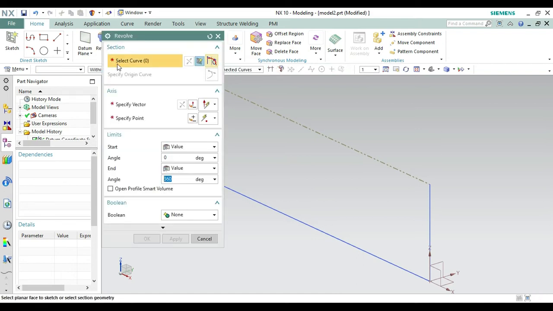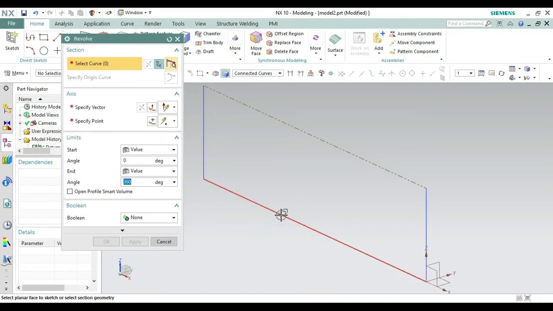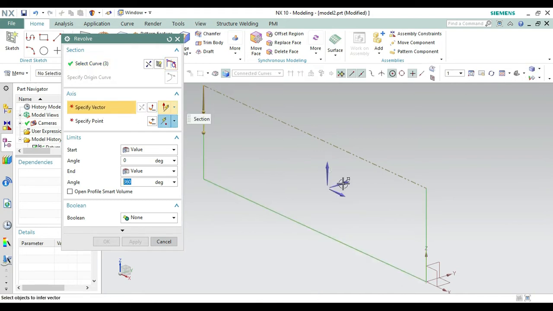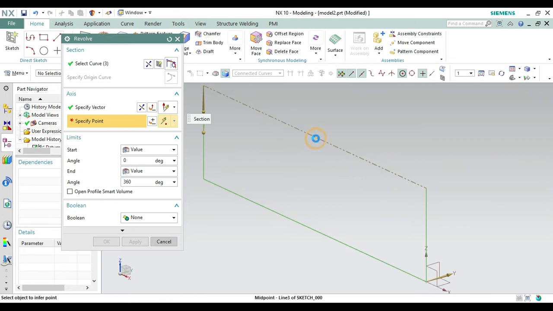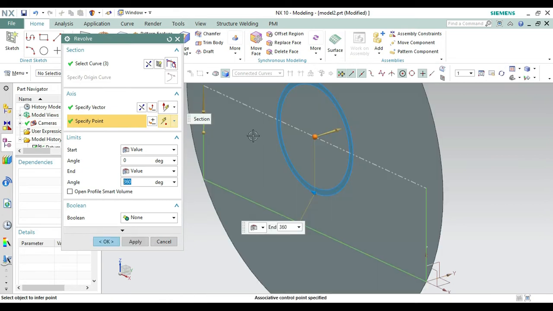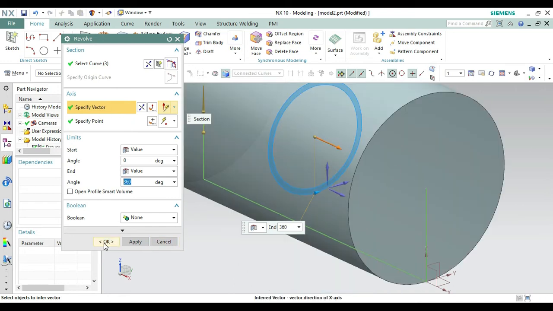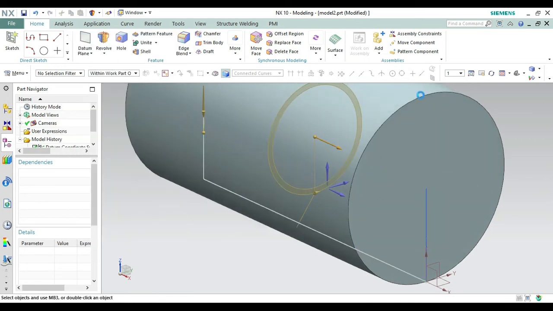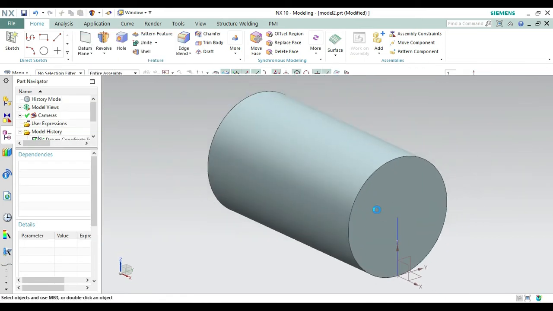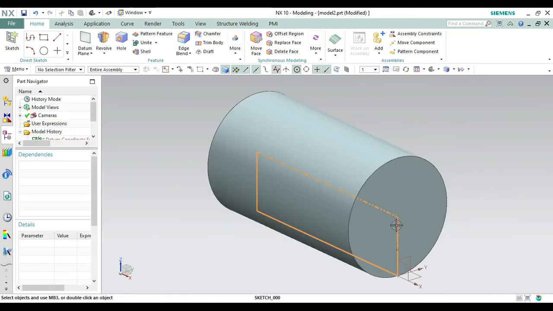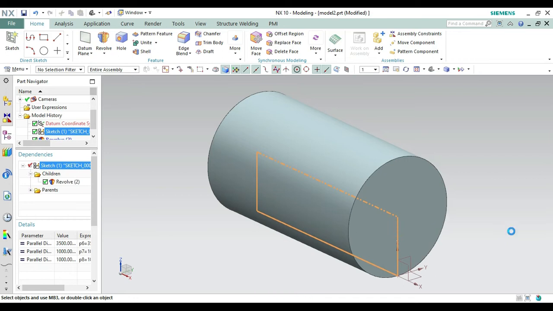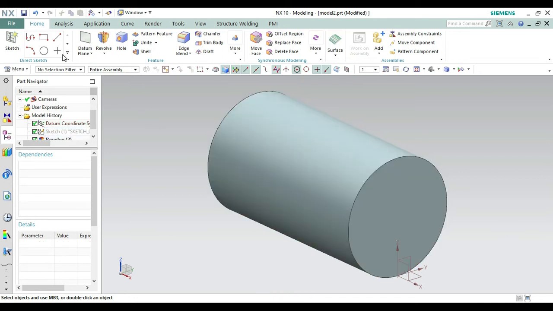Now what we have to do is select the curve. First select any curve, since all the curves are connected, then specify the vector. Take the vector in the y-axis, drag the point, and you will get a point. From here change the vector to the x-axis. Let's check it. Okay, like this one. We can also do it with a circle of 3500 diameter and then extrude it up to 2000. So you can also go with that. Okay, let's hide that one.